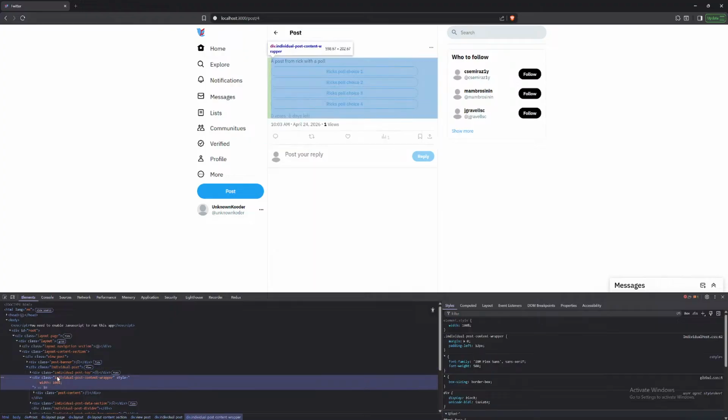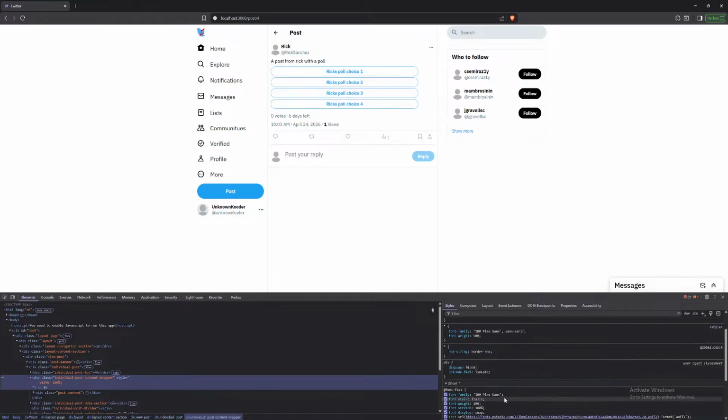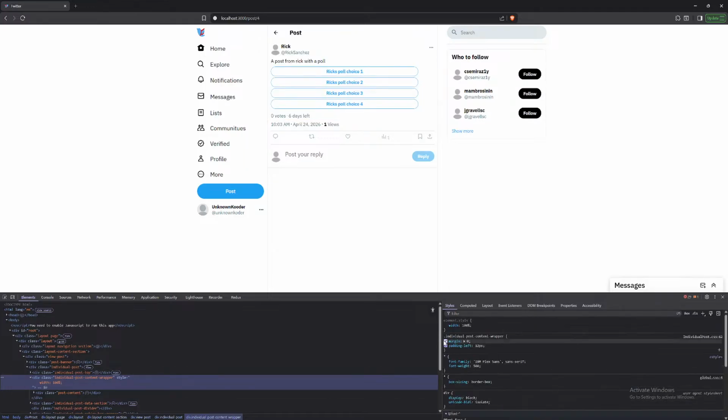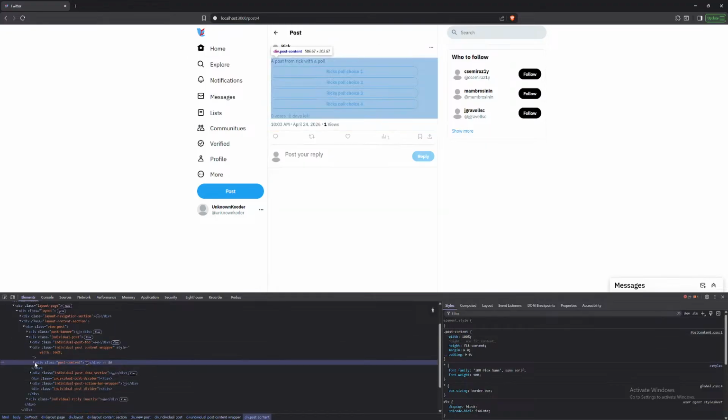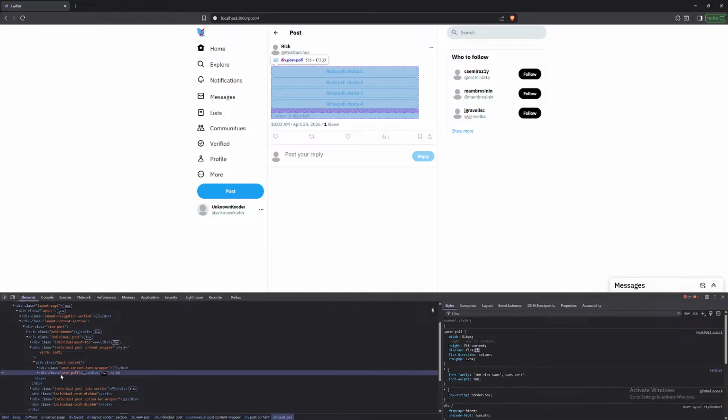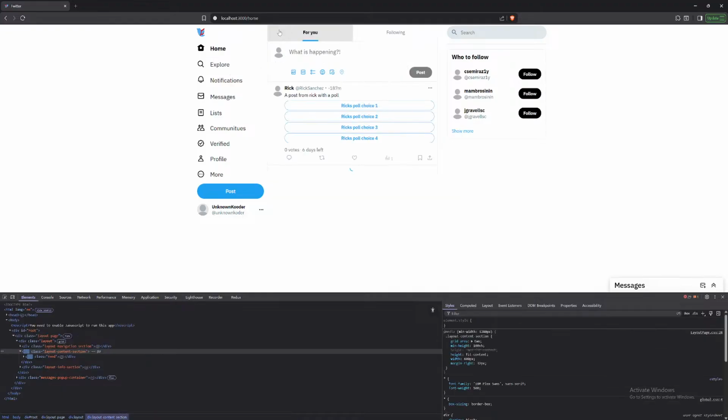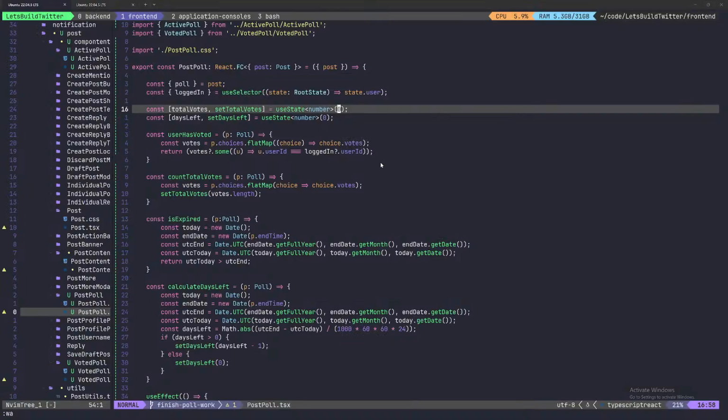Post content wrapper. Something weird's going on here, but I don't really care. That definitely needs to be there. Post content is 100%. Interesting. I can take a look at this later. I'm not that worried about it. Post poll. Oh, it's because of the width. Maybe we do want to get rid of the width. 815. If we come back to this. Yeah, let's get rid of the